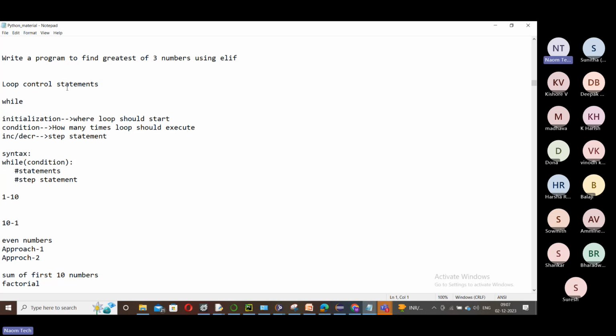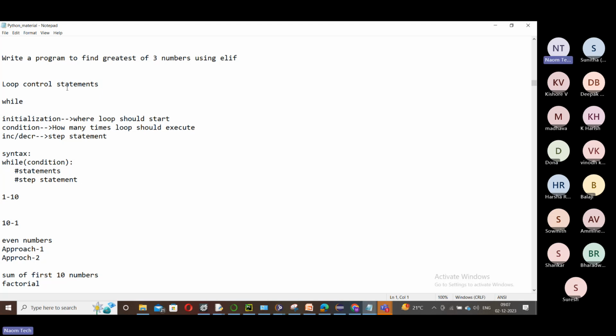It might be one condition or multiple conditions in an expression. Suppose you want to check a condition repeatedly, then if is not sufficient. In such cases, we need loop statements.